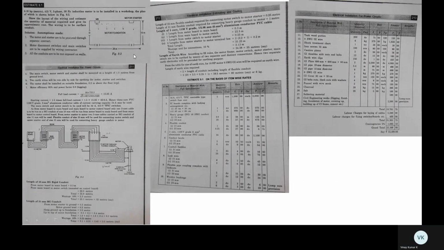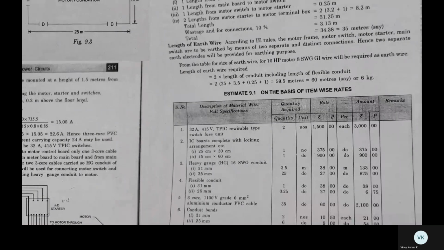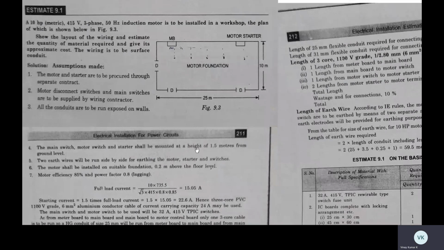Okay, see here. This is one kind of problem repeatedly asked in the examination. There are two problems that we get from this unit, from this module. One is to calculate the materials for service mains, and another is the calculation of materials in power circuits. These are very simple problems. You have to remember the basic materials first required in the service mains.